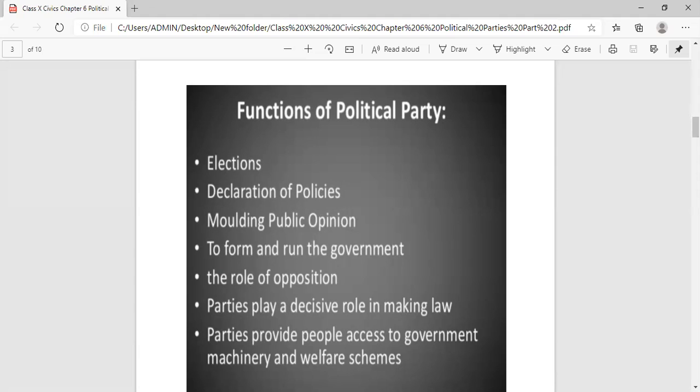The political parties also launch movements to solve the problems faced by the people and mobilize mass support for various issues. And the seventh function is that political parties provide access to government machinery and welfare schemes of the government. So under this point, it is explaining that the political party forms an important link between the